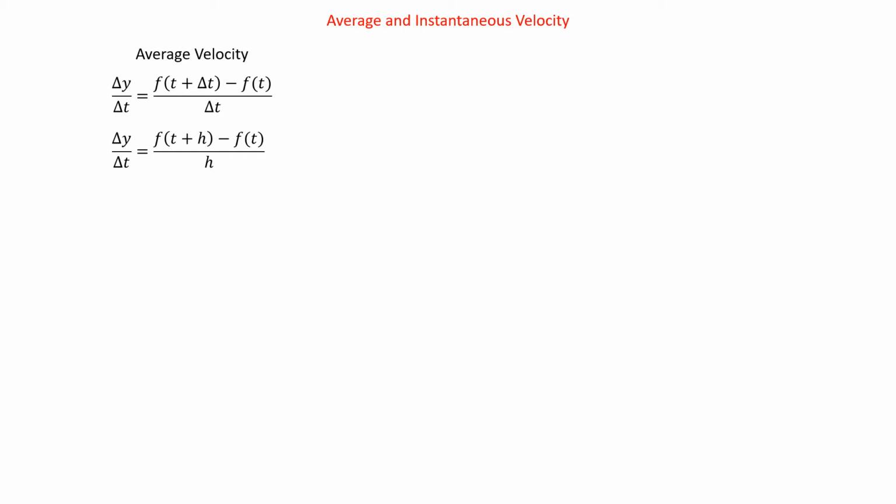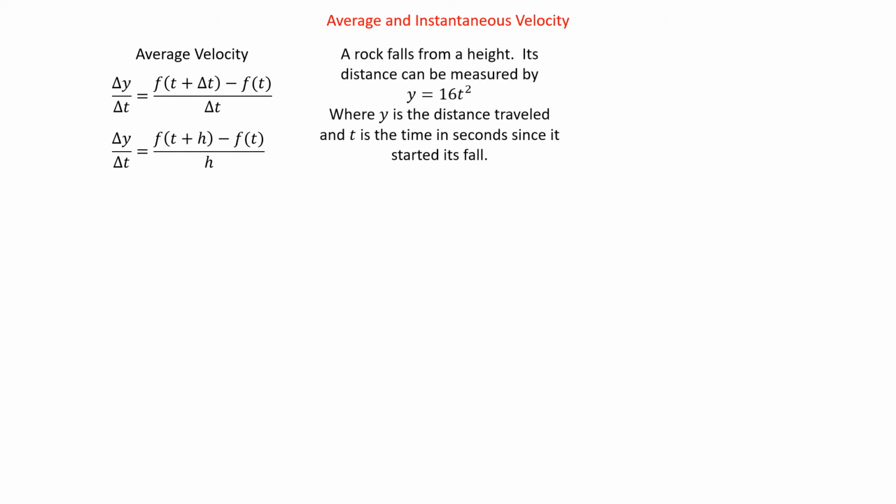And so, if we wanted to find an average velocity, we'd want something to find it of. So let's say a rock falls from a height. This distance can be measured by y equals 16t squared. It's projectile motion just dropping down. Where y is the distance traveled and t is the time in seconds since it started to fall. So if we wanted to find the average velocity for the first, say, 2 seconds,